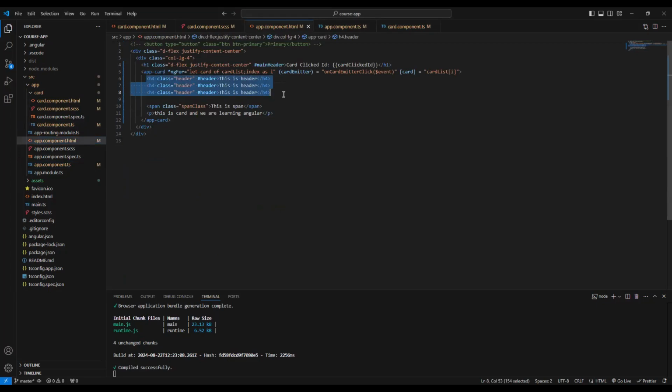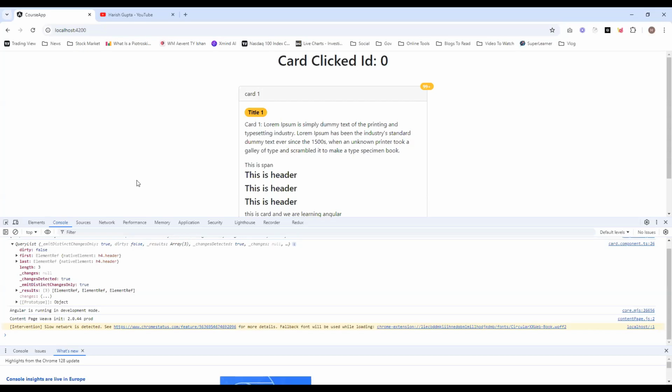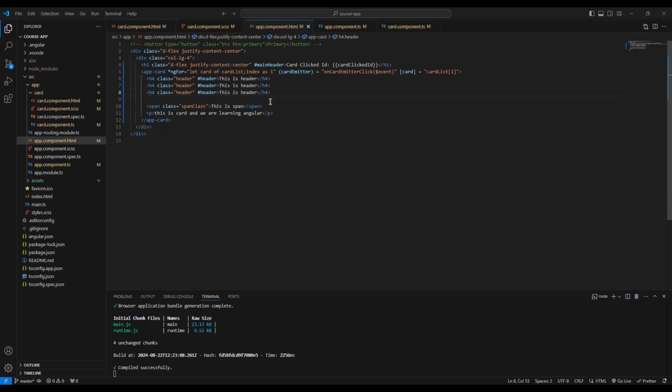Okay? So similarly, this is an example. Suppose there is another child inside this which is used multiple times. When you use content children, it will fetch the whole list of the child components, and you can query whichever you want to. Okay? So this is basically how content children works. If you go and understand view child and view children, you will better understand, and it will be very easy to comprehend what